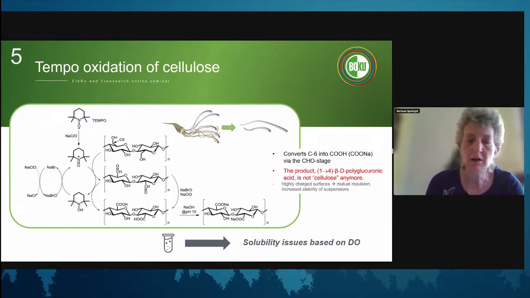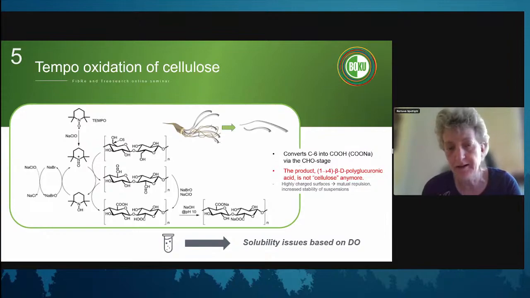So also here we're running into issues of insolubility at high degrees of oxidation, and just the final product, which is called polyglucuronic acid, again becomes water soluble and can then be measured in an aqueous